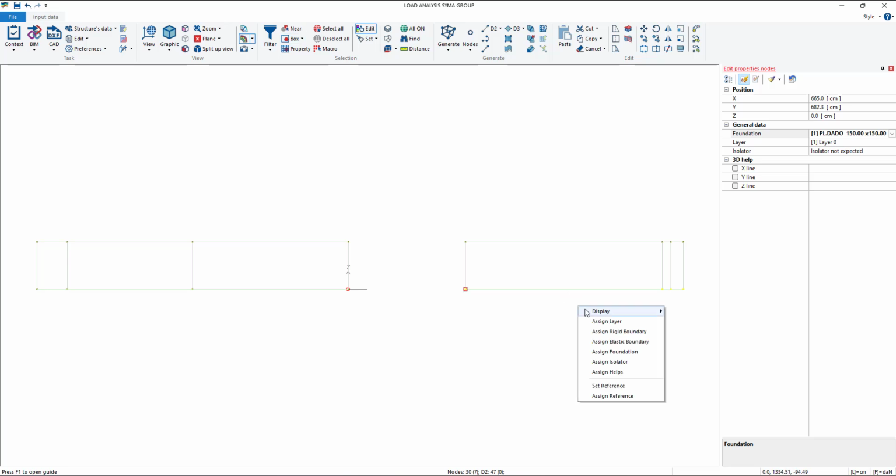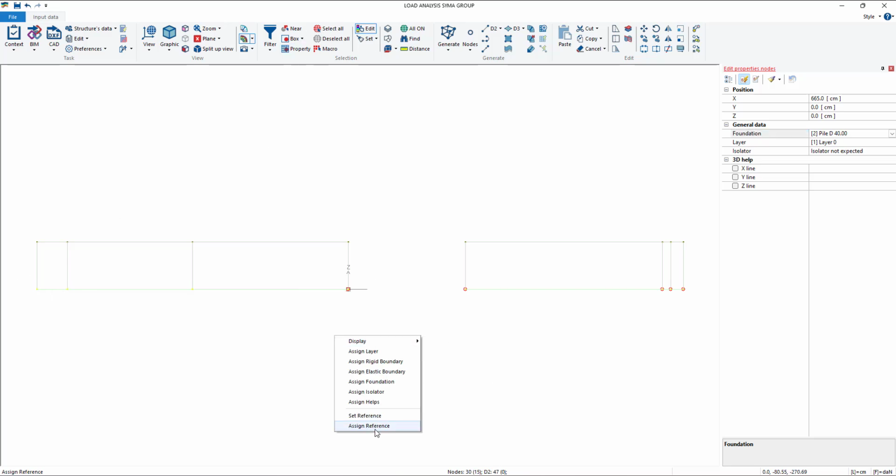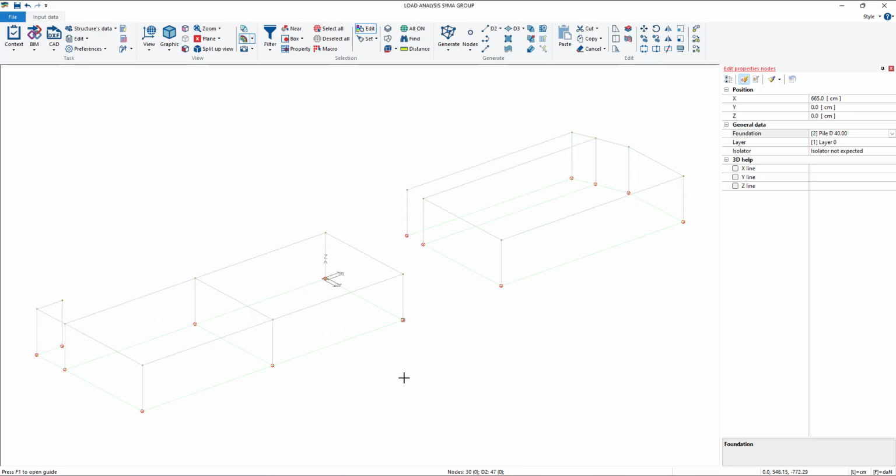Right click, assign reference. Then with edit, I go on the one with the pile, set property, box, select all nodes, right click, assign reference. Now you see that when you have boundary conditions directly on nodes, you usually have some triangles indicating which kind of degrees of freedom are locked.